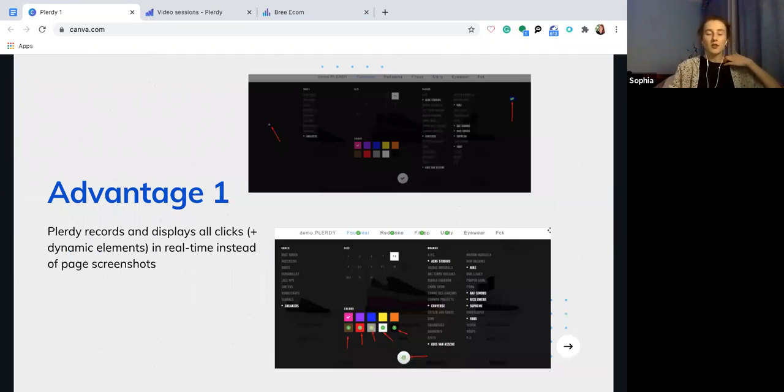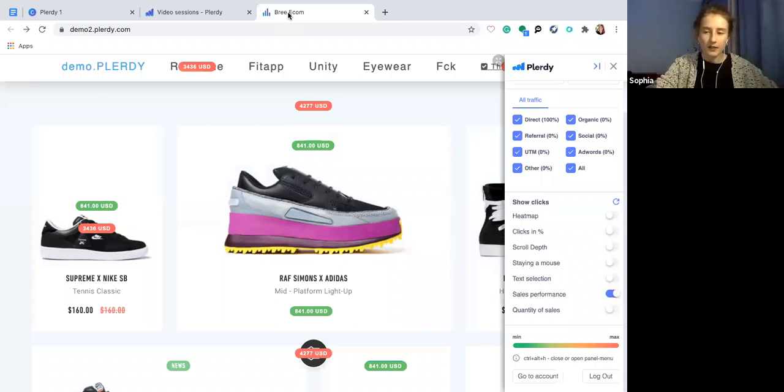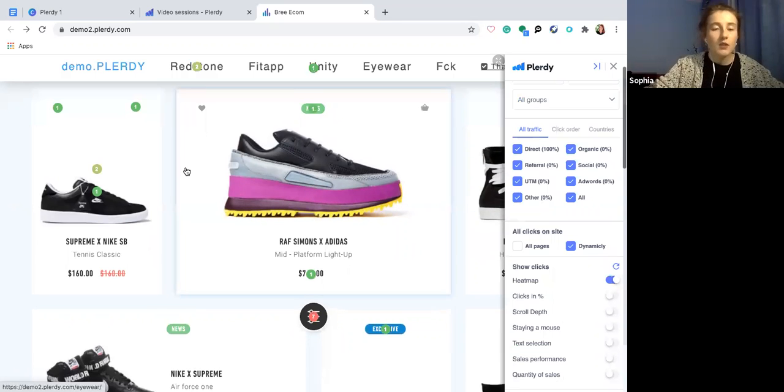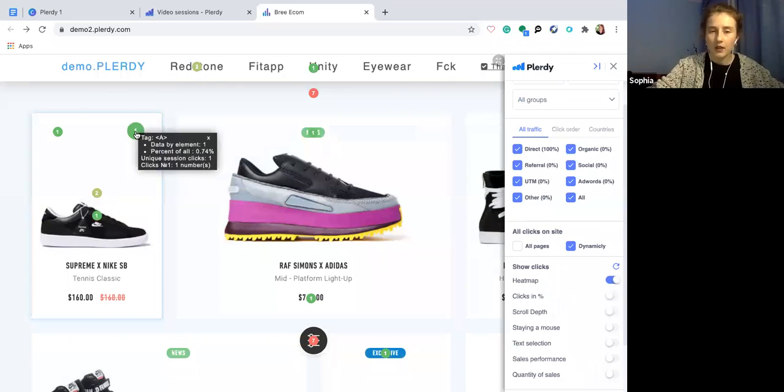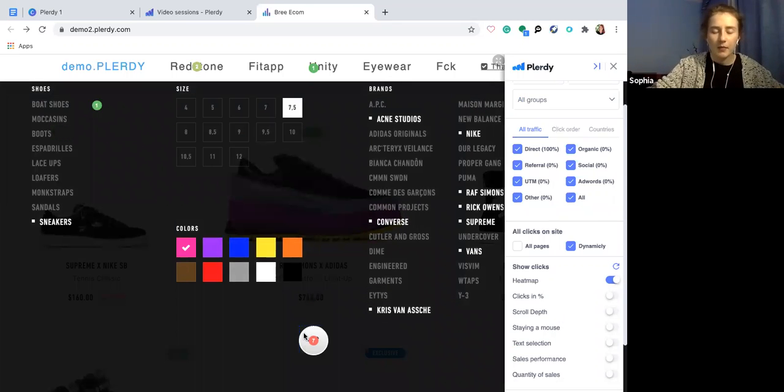So first advantage that is worth sharing is that Plerdy records and displays all clicks and dynamic elements in real time instead of paid screenshots. So over here, we try to show the way it works for Hotjar and the way it works for our page. Let me try to show that now in practice. So let's say we are on this page of our website, which is the heat maps. And you see that there was some interaction between the users and the website. Nice. But when I open this tab,